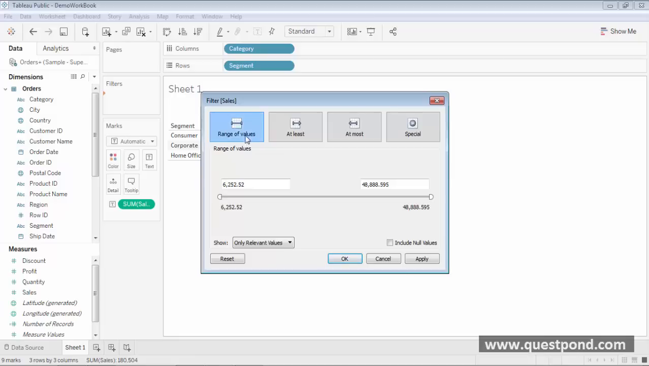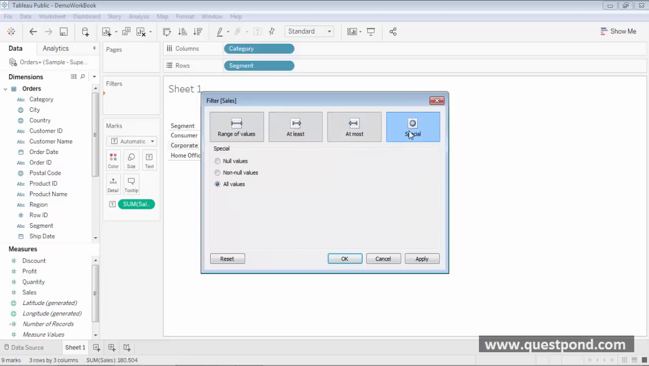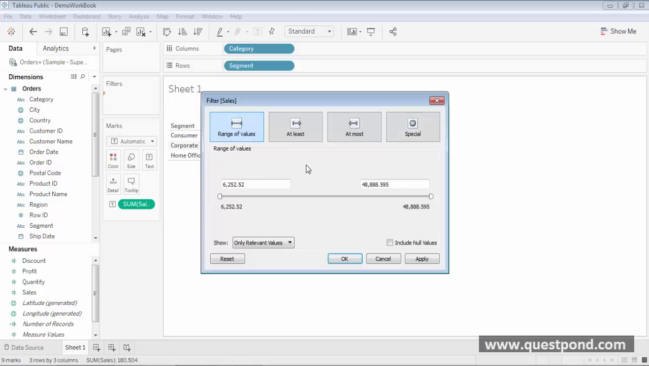I want to apply our filters using the range of values, or using the at least value, that is the minimum value, or using the at most value, like selecting the maximum value, or using the special filter like selecting the null values or selecting all the non-null values. So if I select the range of values, the minimum range is 6,252 and the maximum range is